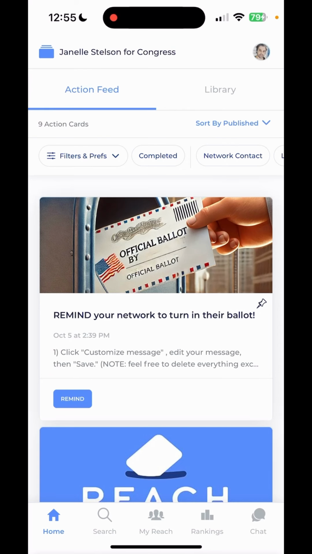If you've already built a personal voter network of 50 or more people, great. Now let's make sure that you've talked to all of them and confirmed whether they're voting and voting for us. How do we do that? In this example, we're in the Janelle Stelson campaign for Congress in Pennsylvania 10, which you can see at the